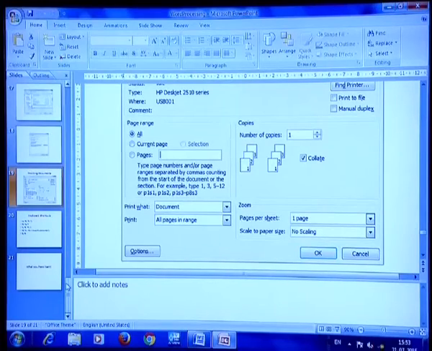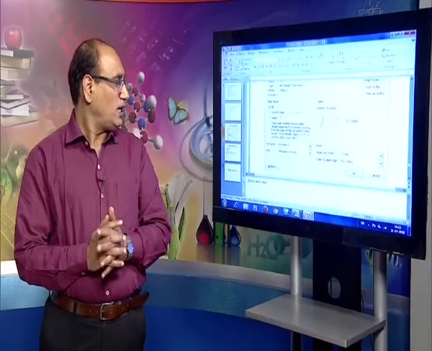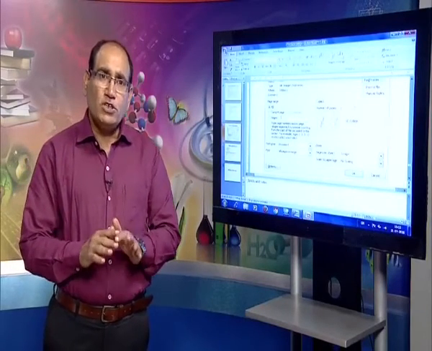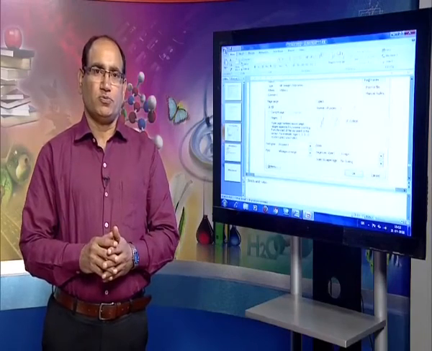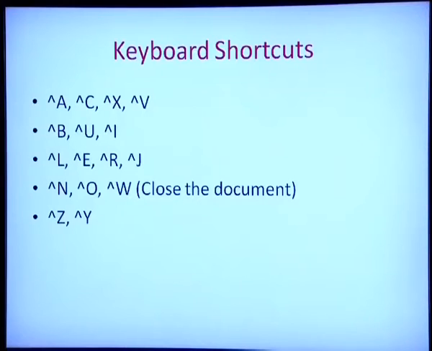So, this way we have seen that we can do many things with MS Word 2007, and for all these operations there are many shortcuts also. Now, let us see those keyboard shortcuts. These shortcuts are like this: Control A is to select the complete document, the whole document, Control C is to copy, Control X is to cut, Control V is to paste,